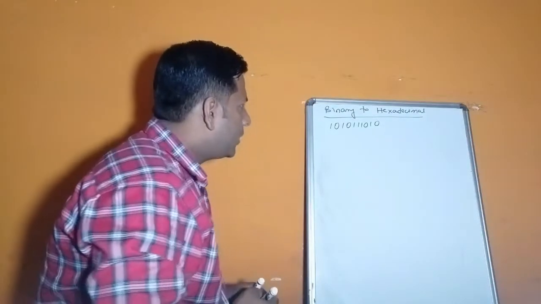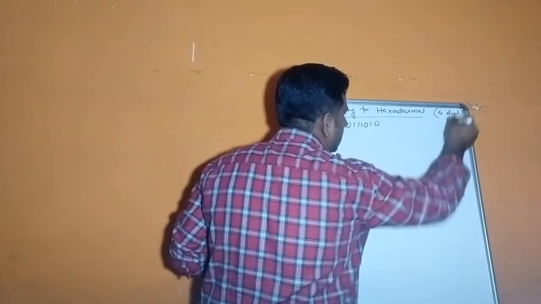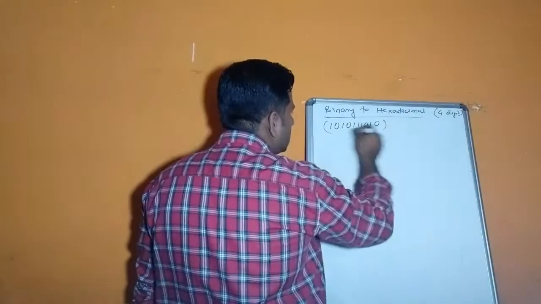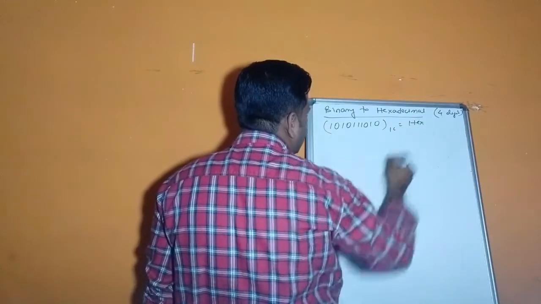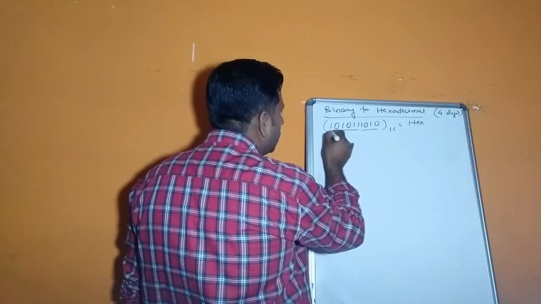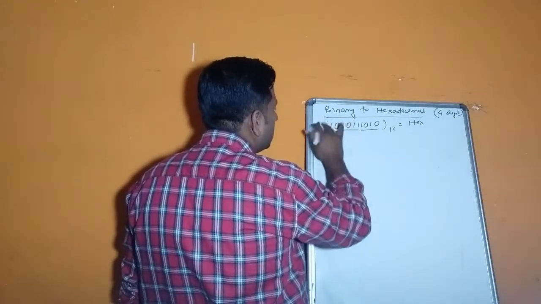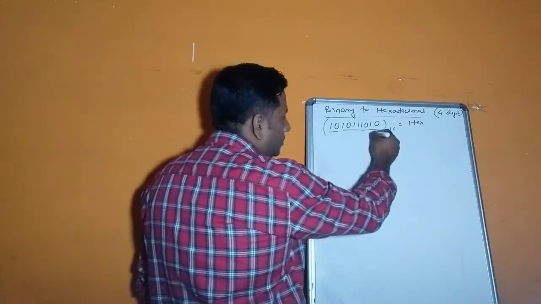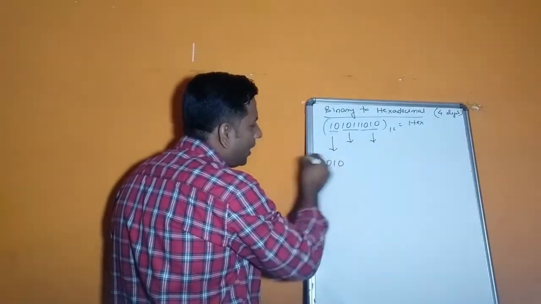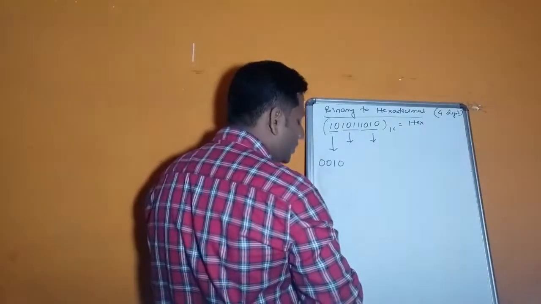Now here, as I told, binary to octal uses 3 digits, hexadecimal uses 4 digits. This is 16, which is known as hexa. So just make groups of 4: 4, 4, and 2 is there. So 1 part, 2 part, this is the 3rd part. But here we have only 1 0, so we have to add 2 zeros from our side. Okay.